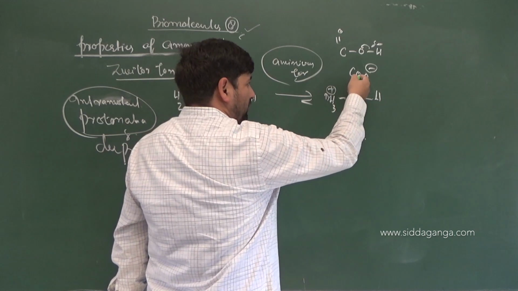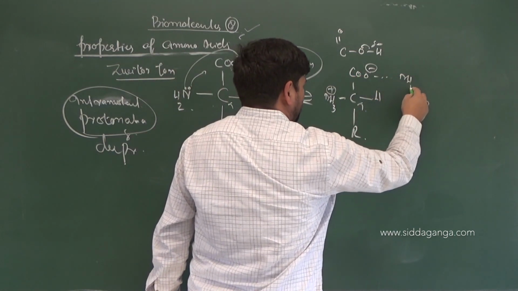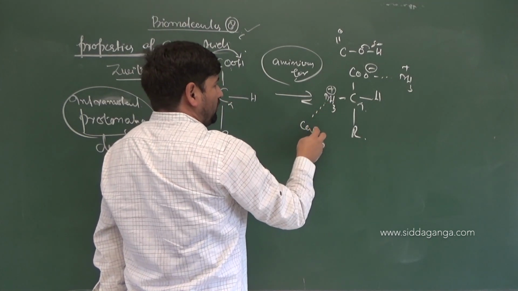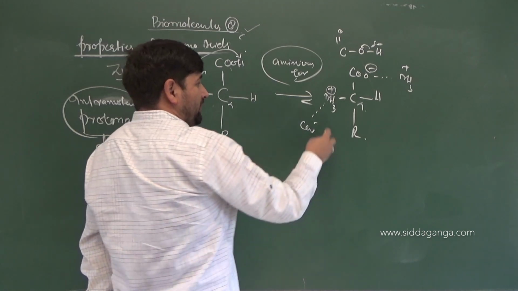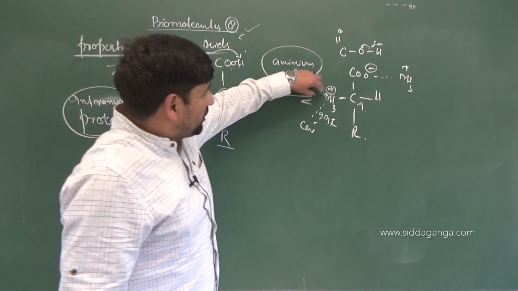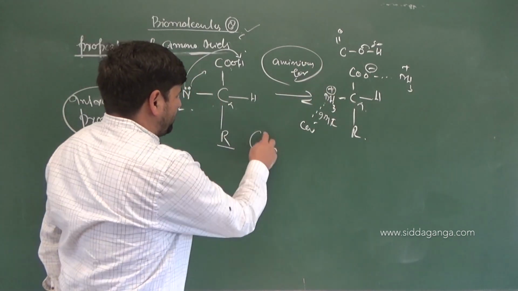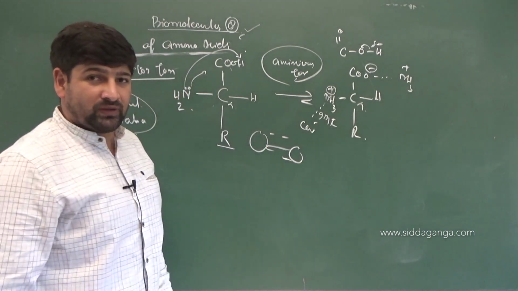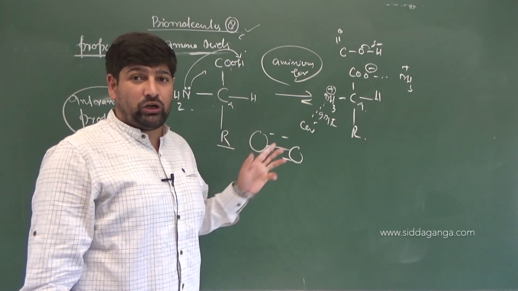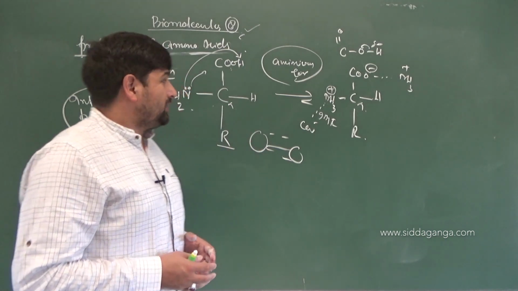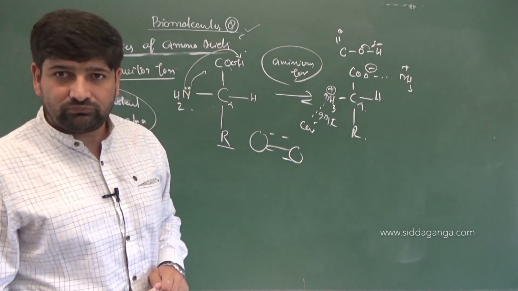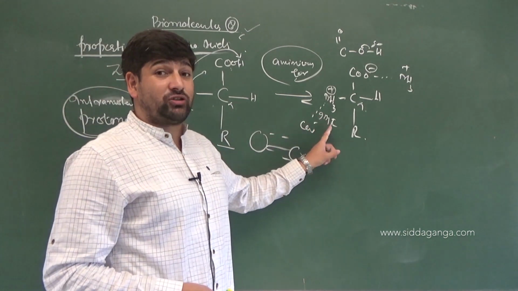Now this COO minus can interact with NH3 plus of other amino acid molecule, and NH3 plus can interact with COO minus of other amino acid molecule, leading to intermolecular forces which are salt-like only, right? So these strong intermolecular forces between different amino acids will develop electrostatic forces, and due to that their lattice enthalpies will be extremely high. This explains why they have high melting and boiling points. And naturally, because they do contain charge, they are highly soluble in water, aqueous medium. But in organic solvent, their solubility is very less.